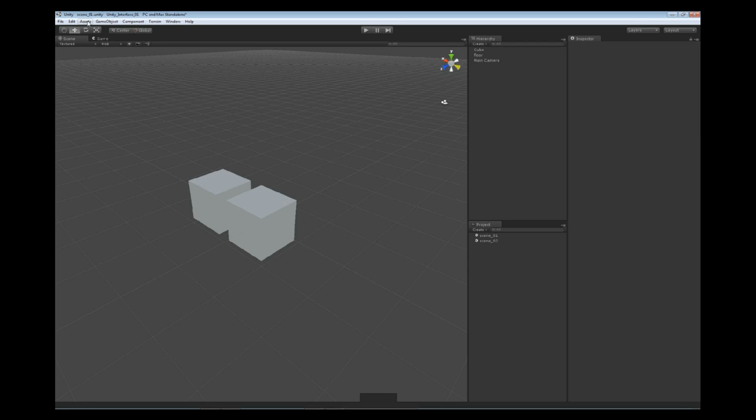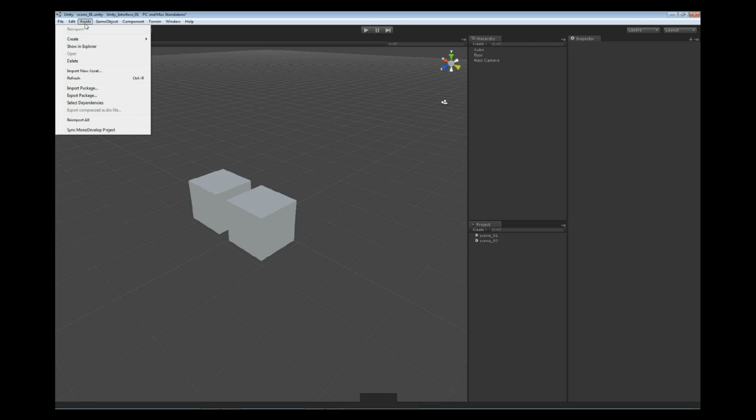Our next menu item is the asset menu. If we go into the asset menu, we see we have options for re-importing assets. We can create new assets, and some of these assets include things simply to help us structure the information and all of the objects and the things that we bring into our project. So we're actually able to create folders and then place items inside of the folder and organize our project in